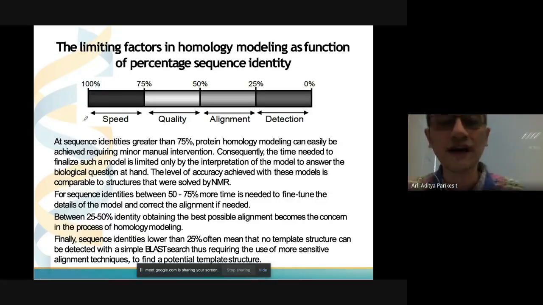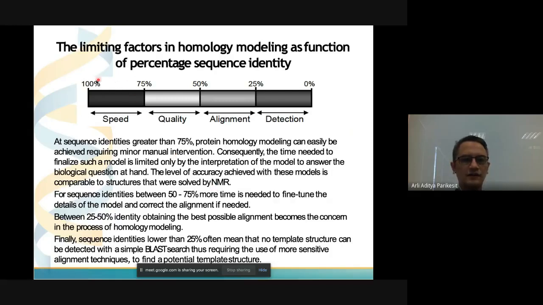So there are limiting factors here. For instance, if you have 75% until 100% homology, the accuracy of the model is very similar to the one that is solved with NMR.